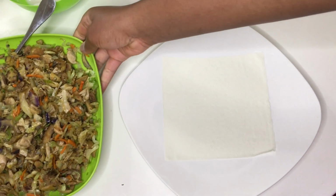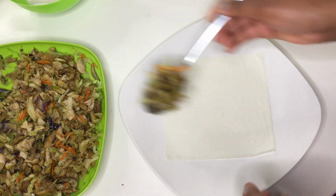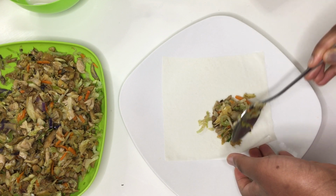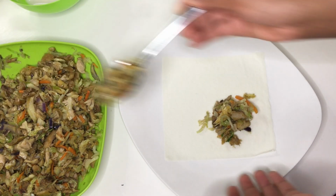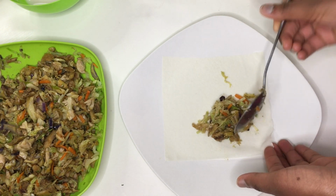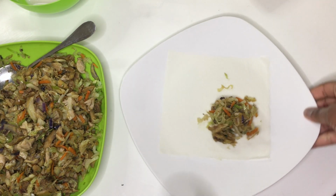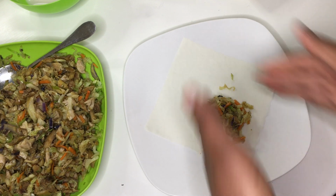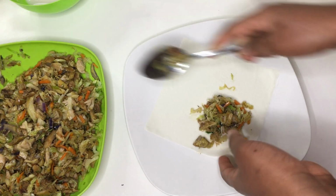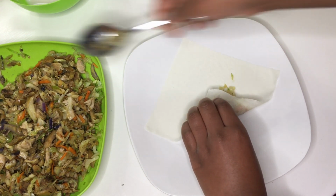Okay, anyways, let's start. So I'm just gonna be taking like a spoon, and that's how I'm gonna do it, okay? So just put it in bits. You don't need so much. So yeah, you want it to stay together. Like I said, you want it to be in that diamond. So the first thing you want to do is you just want to roll. You can use your spoon if you don't want to use your hand. So pretty much just roll it together, and